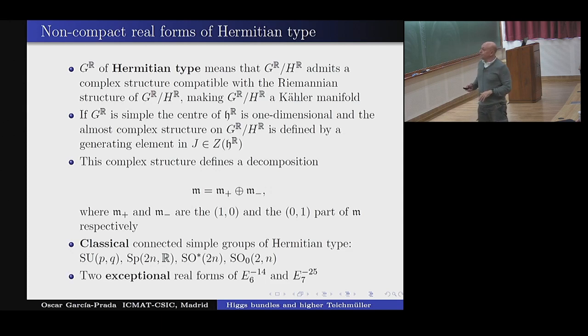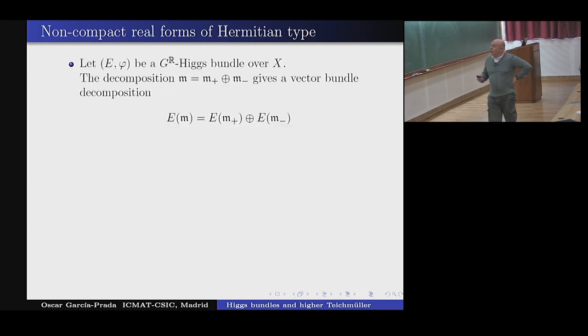And then there are 2 exceptional real forms, one of E6 and another one of E7. And this is all, right? But this is all a wonderful, fantastic world of these groups, and it manifests in many areas of mathematics and physics. So a consequence from the point of view of Higgs bundles is that